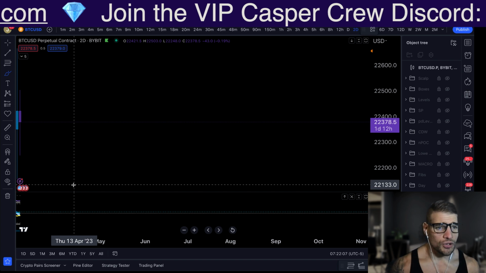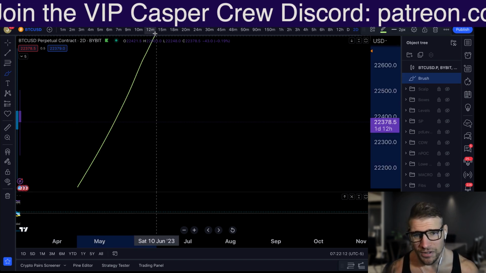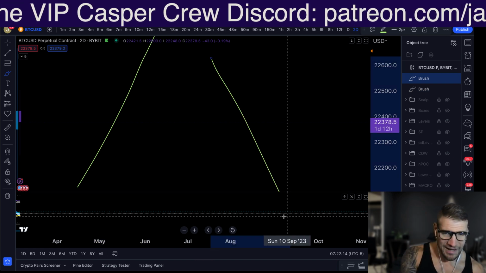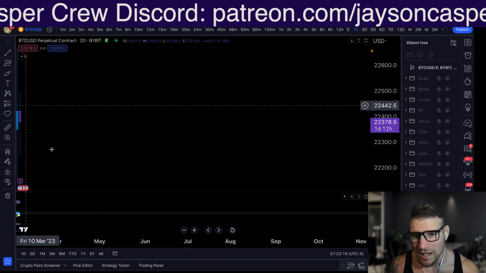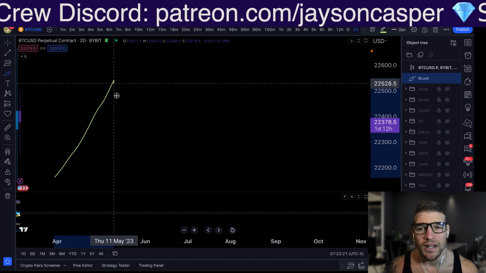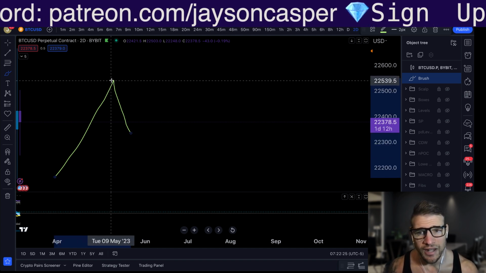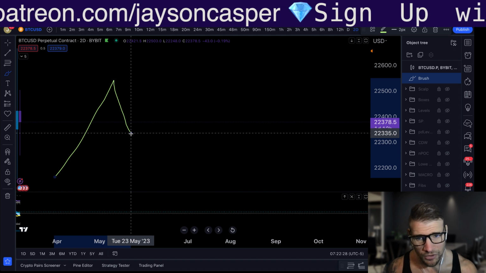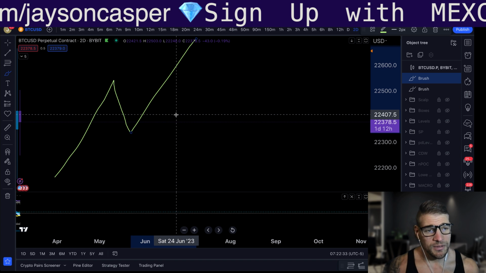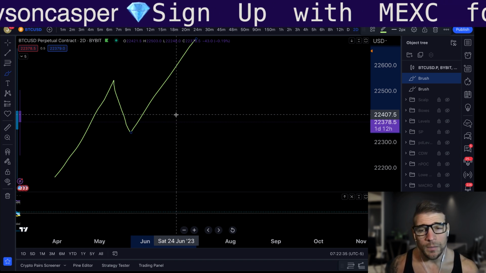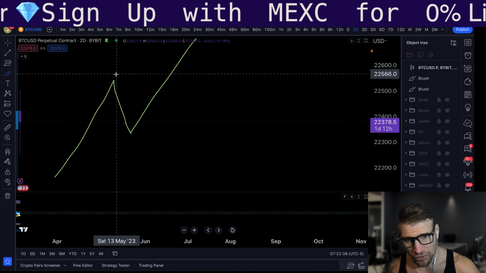Whenever price is in a trend, whether it be an uptrend or a downtrend, price is never going to go straight up and price is never going to come straight down. Instead, if we are in an uptrend, price is going to get a big impulse to the upside and then it will get a retracement and basically retrace some of that initial move to the upside, and then we'll get another big move to the upside. And what Fibonacci retracement levels are basically telling us is what percentage of the initial move did the price retrace during